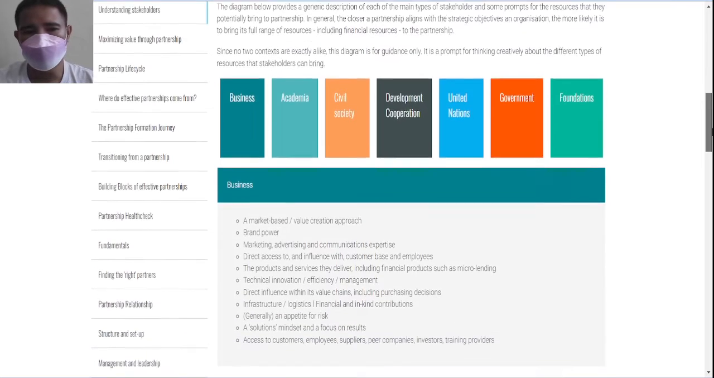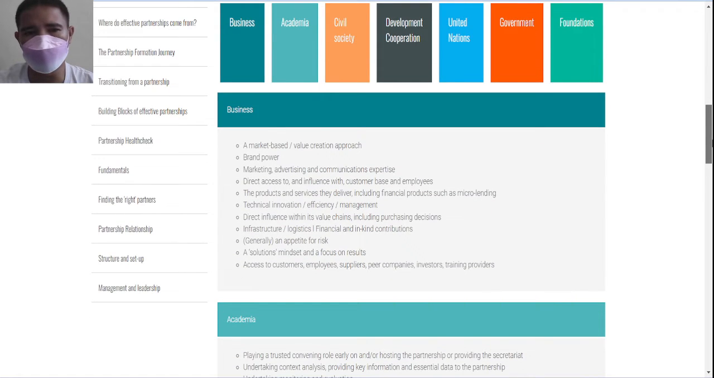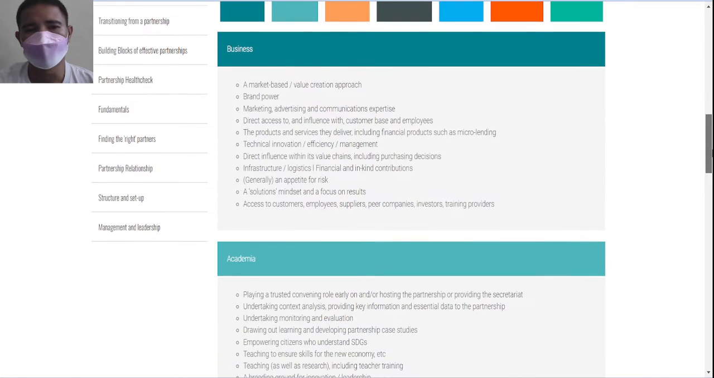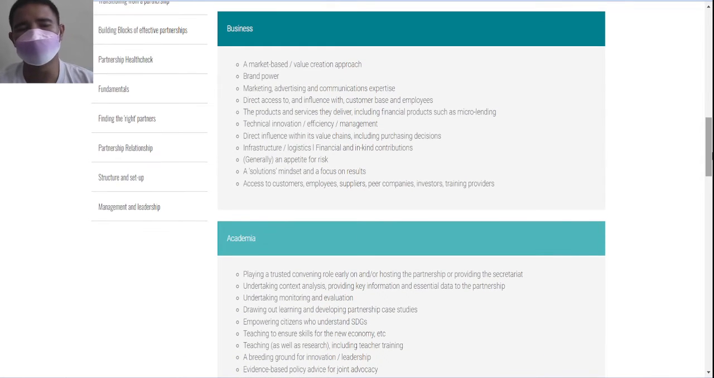So we have business, academia, to which the speaker belongs. We have the civil society, the development cooperation, the United Nations, the government, and the foundations. Let's talk business first. A sample of these are a market-based value creation approach. We have brand power, marketing, advertising, and communications, enterprise expertise, direct access to and influence with customer base